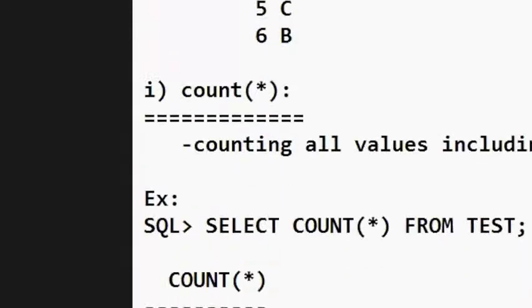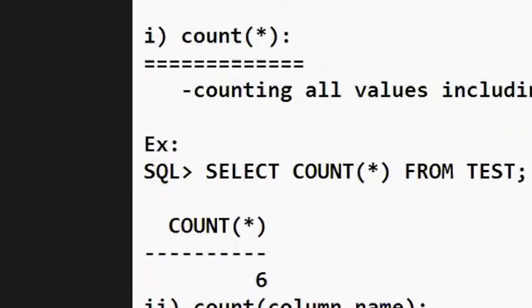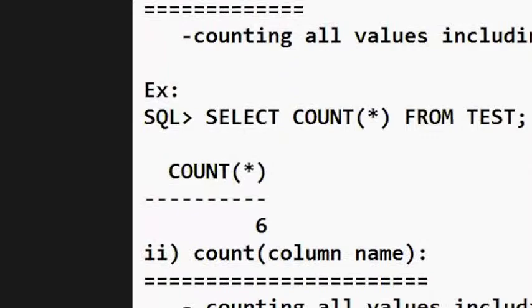Okay, right. And the second one is called what now? Count of a column name. In this case, what happens? Counting all values including duplicates, but not nulls. And in this example,